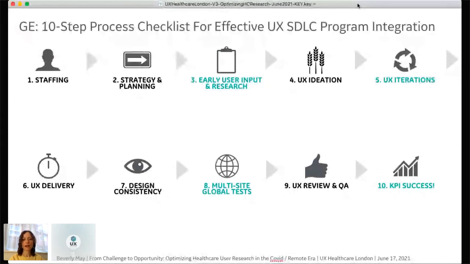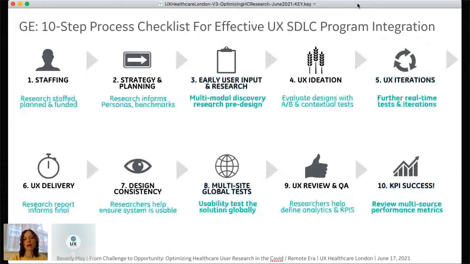And then we would release globally, which means we, of course, have to get multi-site global tests for our products and services, not just one site or one user or one customer. And then, of course, there's the validation process, and then we can look at what the data shows coming back. So this is an ideal world scenario of how to do UX mapped to an engineering-centric product release